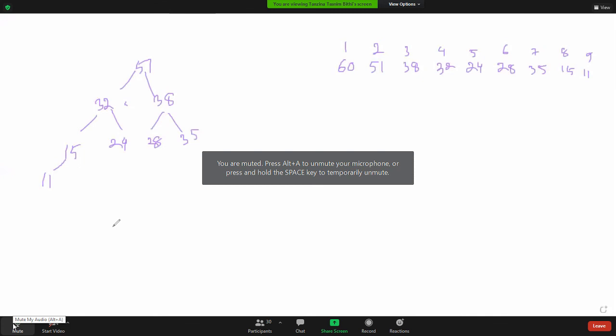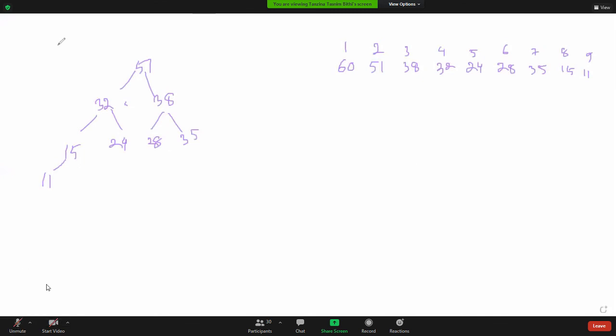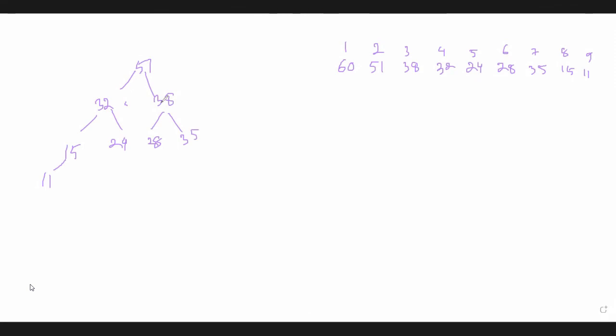Yes, ma'am. So in max heap, always delete a node from the top of the tree and then replace that root node with the last node of the tree. Then we have to compare the root node with its child nodes. At first compare these two child nodes, then take the largest one, then replace the parent node with that node.